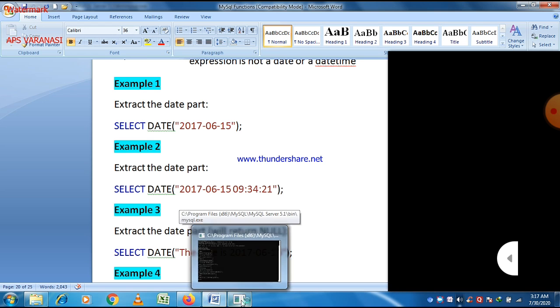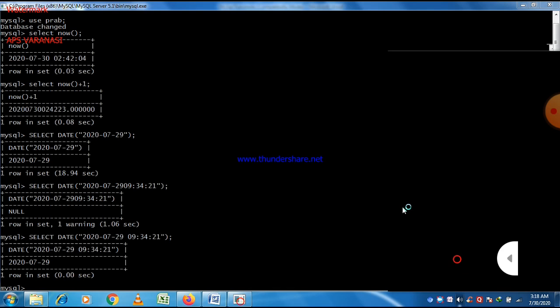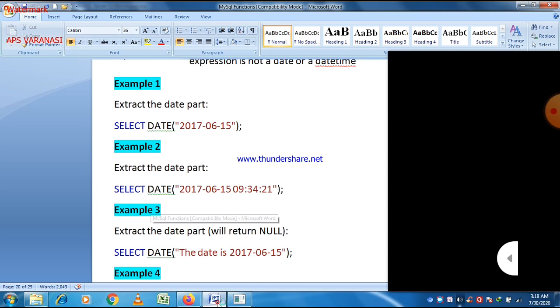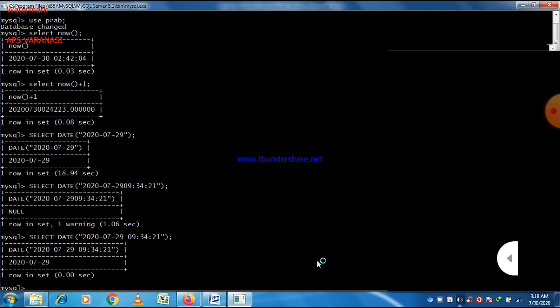It doesn't show any type of error, so an error will not be shown in this, and it is already explained in this video. So proper format should be there, and if there is no proper format here, then it will always give you a null value.